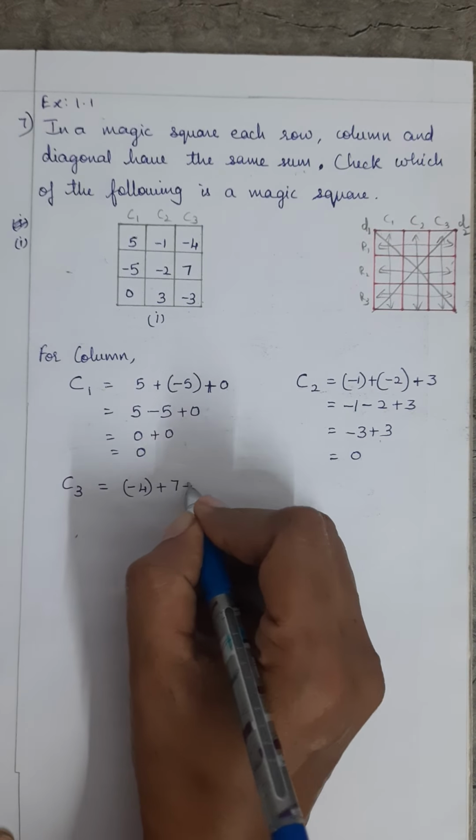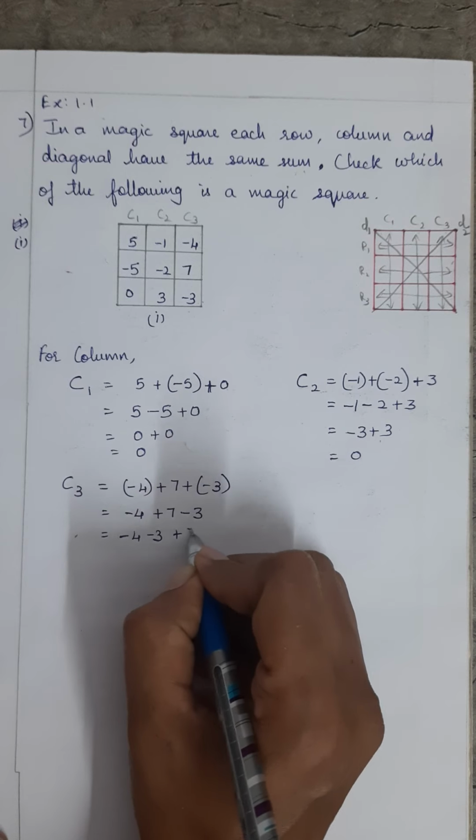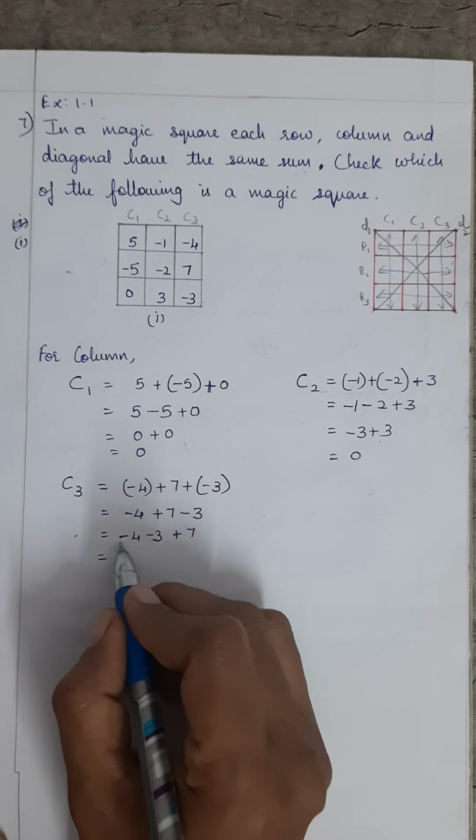So remove the bracket: -4 plus 7, plus into minus is minus 3, okay. Now let's take all the same signs together just to avoid confusion. So I'm writing same signs together: minus 4 and minus 3 I'm writing first, and then plus 7, which is equal to, now minus minus